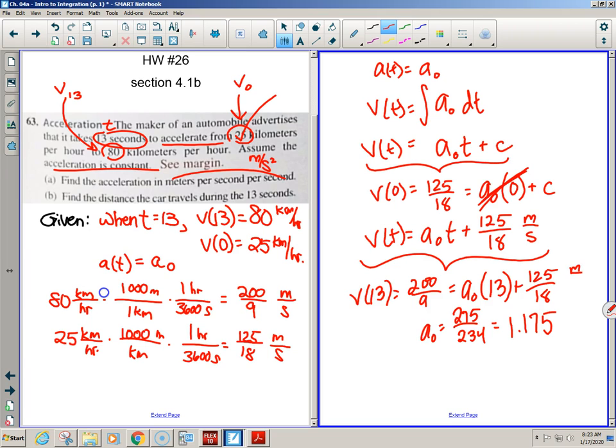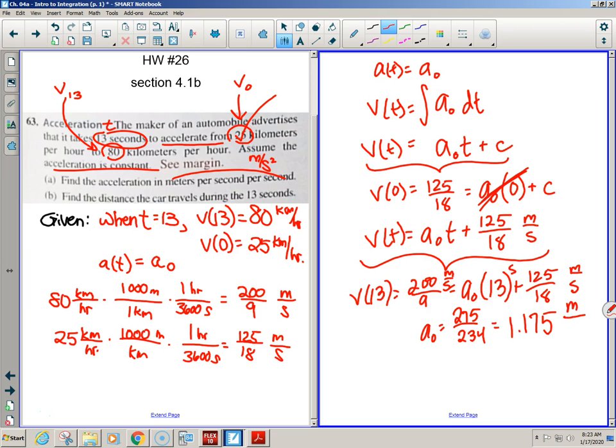So this was meters per second, and this is seconds, and this is meters per second. Meters per second squared. So if we subtract, then we got meters per second. And if we divide by seconds, oh, that's why it's meters per second. And that's why I needed to change my units, or else I'd have kilometers per hour per second, and I'd have some deep issues as far as making it match. Since they're already what I need them to be, when I divide by this second dude, I have my meters